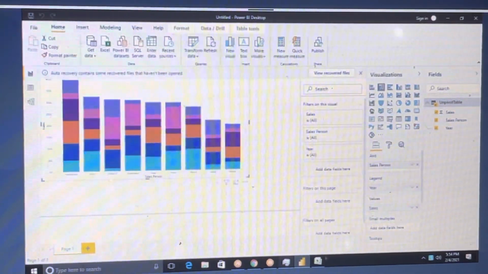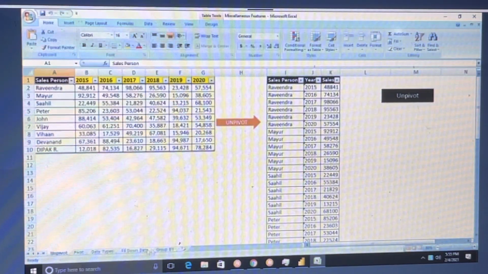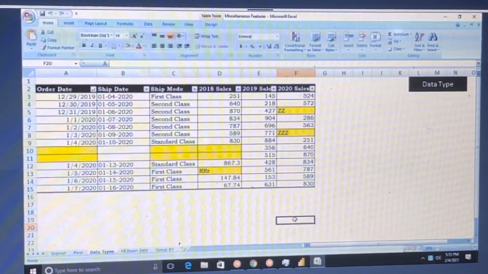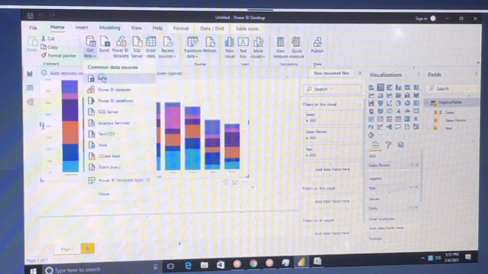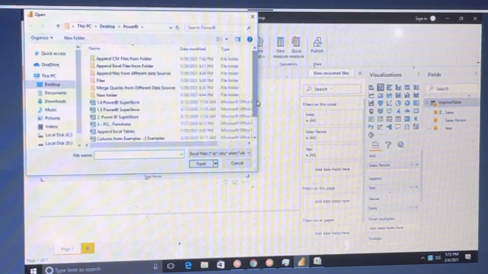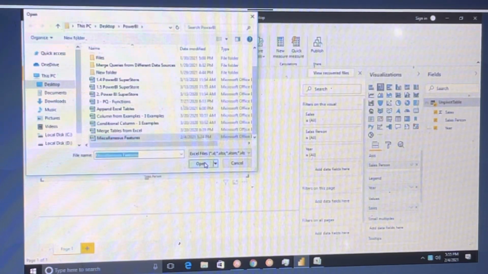So what we have is data types. Click on get data, click on Excel. If you are not understanding somewhere, just let me know so that I can explain it.